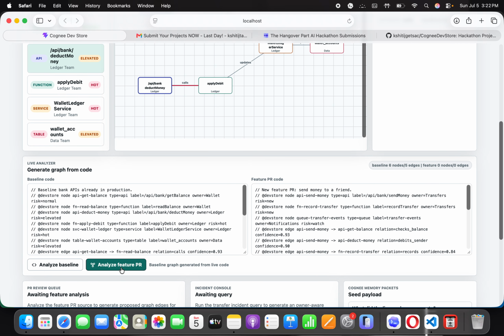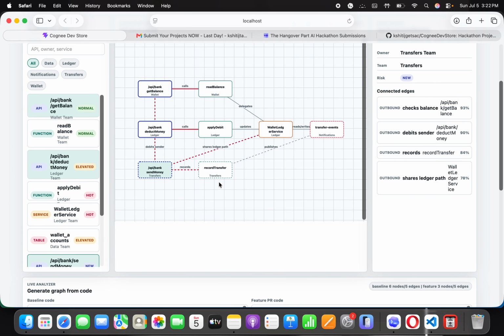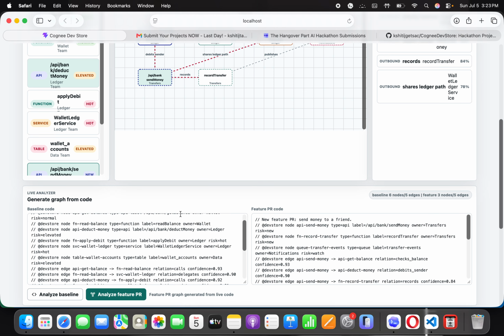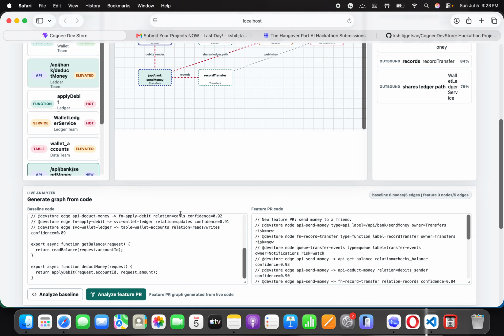Let's say I analyze the feature PR. The feature PR is basically adding a new API, send money, which depends on both these APIs, get balance and deduct money. First I analyze the production, so this is a stable system now. Now if I click on analyze PR,